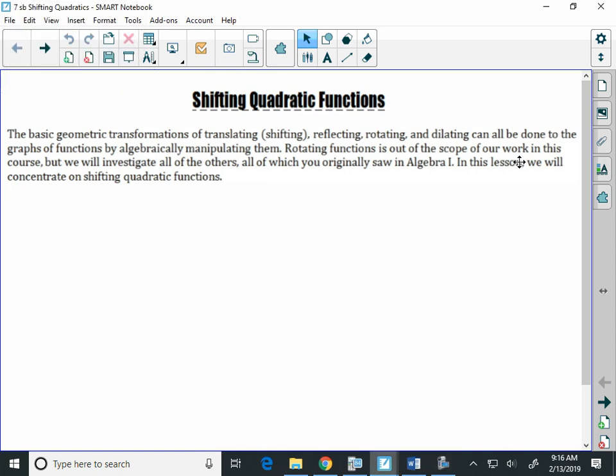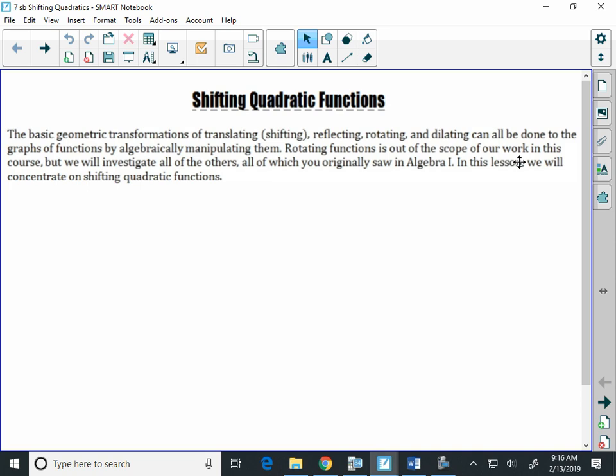Today we're going to talk about shifting quadratic functions. And if you did the Desmos activity yesterday, the first nine were really the part that we're going to focus in on today. And what happens when you shift a quadratic is you're going to move it right, you're going to move it left,